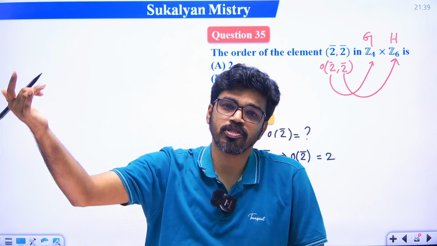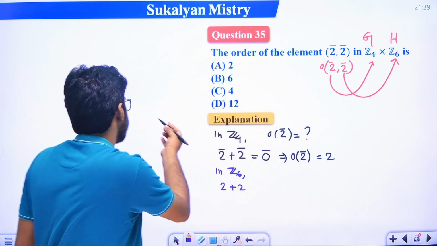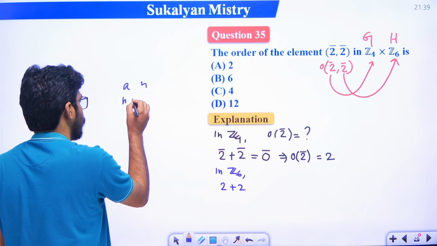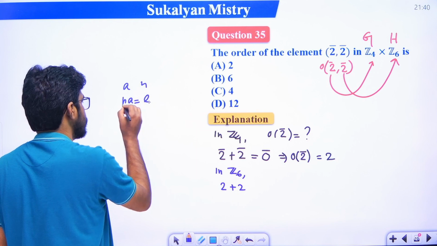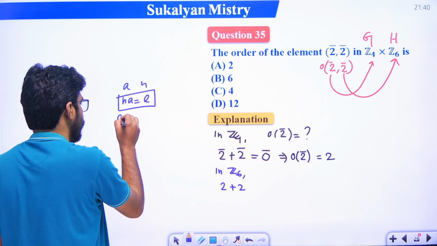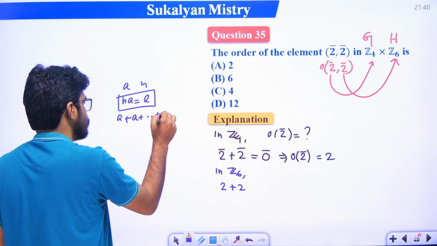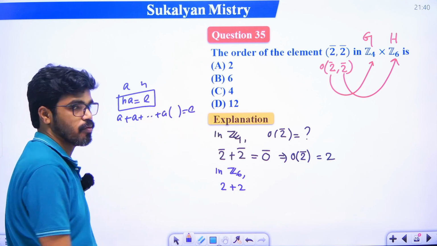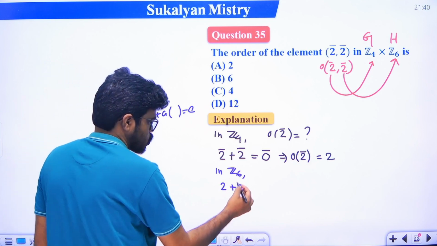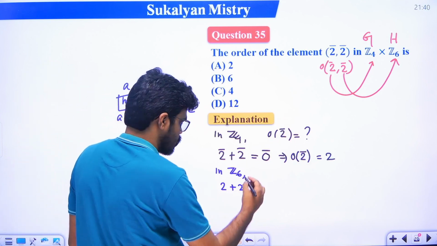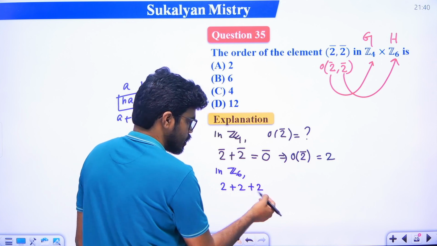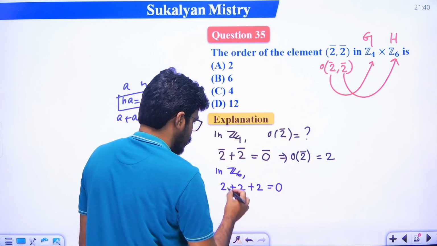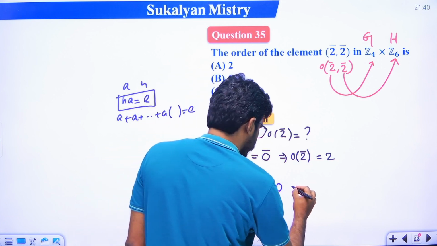And for an additive group, an element A is said to be of order n if n is the least positive integer such that na is equal to e. That means if adding a at minimum n times gives the identity element, then the order of a is n. So 2 plus 2 is 4, and 4 is not divisible by 6. 2 plus 2 plus 2 is 6, and 6 divided by 6 gives remainder 0. That means the order of 2